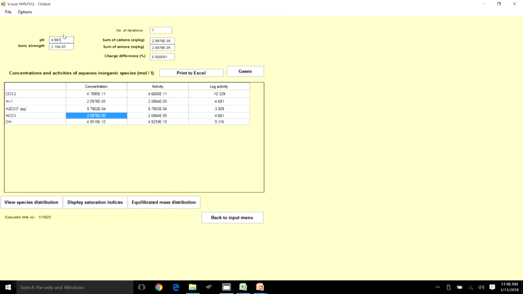It's H2CO3. So if you look at the relevant values on VMinTeq, the results summary, you will see that H2CO3 predominates, which is what you expect. So let's look at that again. So as you see here at pH 4.6, H2CO3 predominates, 9.7 times 10 to the power minus 4, and then HCO3 minus 10 times lesser, and obviously CO3 2 minus, the most deprotonated form, is at much lesser concentration now. So anyway, keep in mind that the pH of this particular system is 4.6, right.